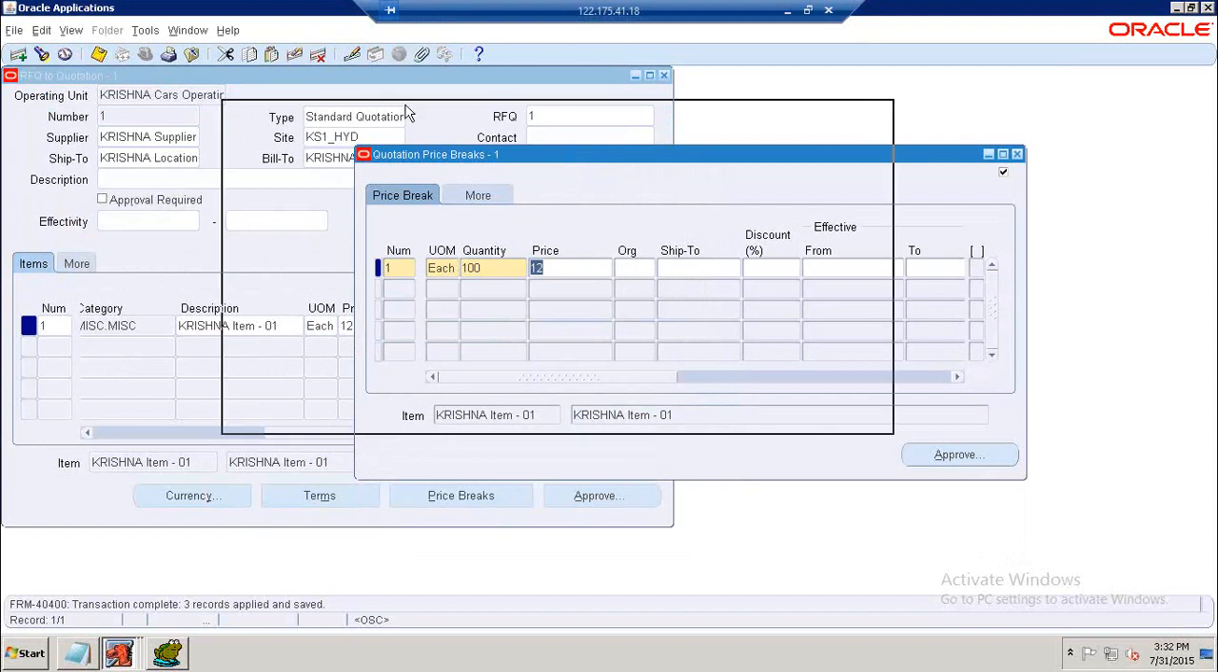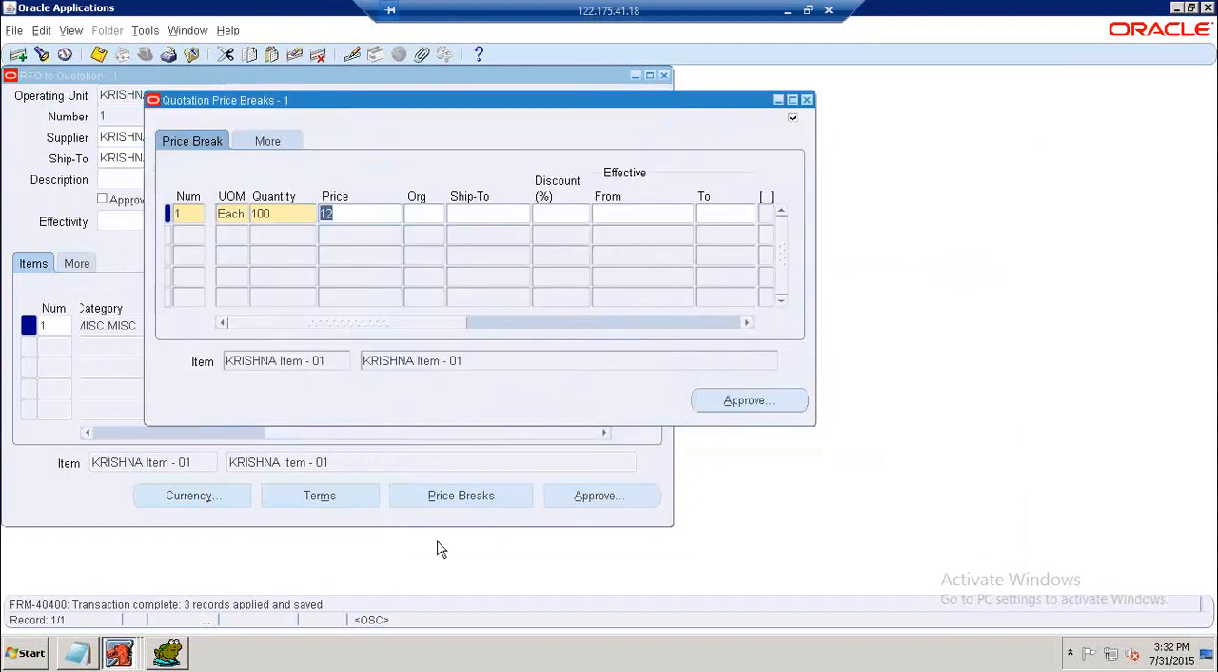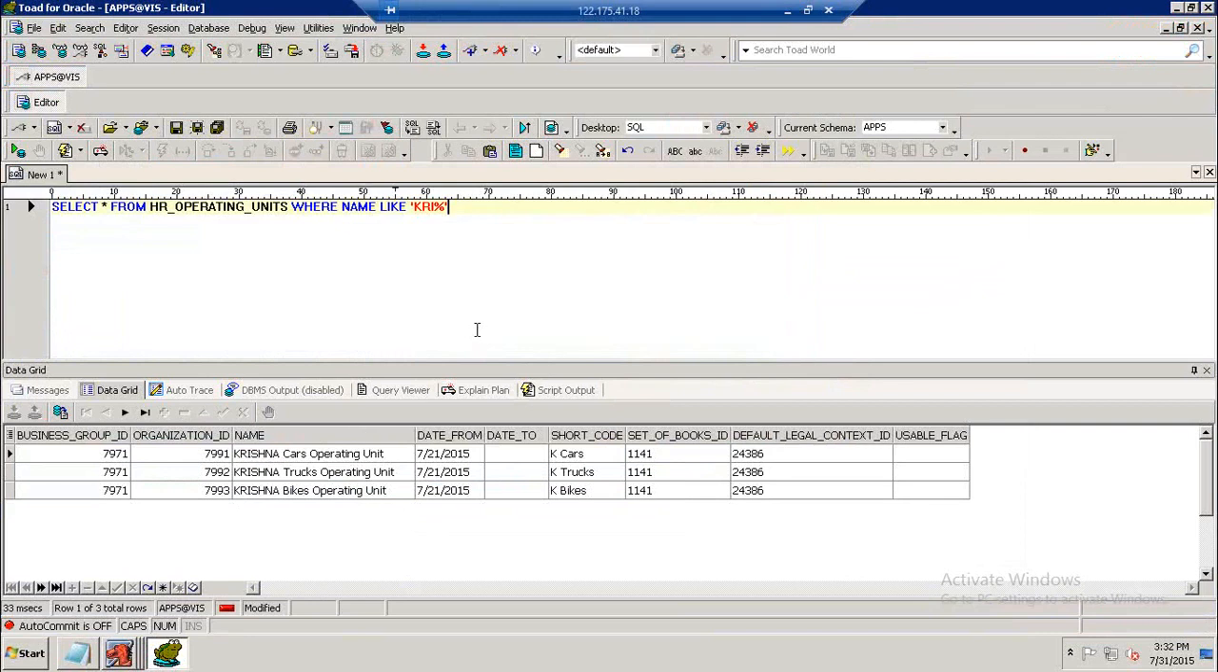Now the quotation has been successfully created. Let us now check which tables are reflected. Here also the same tables are reflected: PO headers all, same table, and org ID equal to